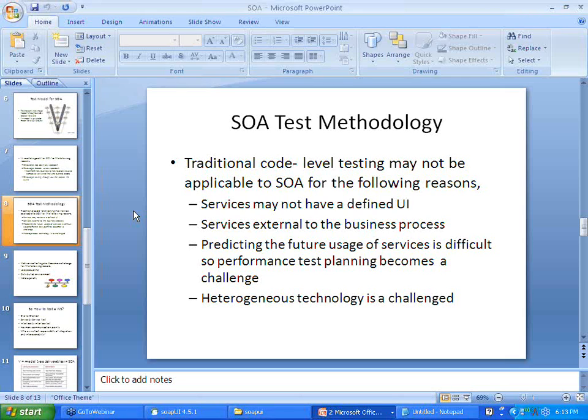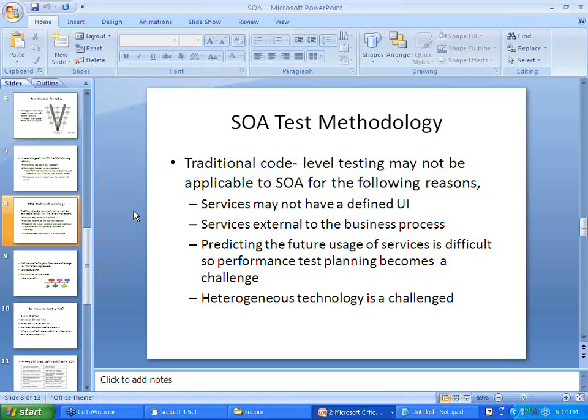And then these web services, which are mostly a part of SOA, will be dynamically changing, and it will be difficult to predict how many people will use them. So performance testing becomes a challenge, and we know that web services are platform and language independent.